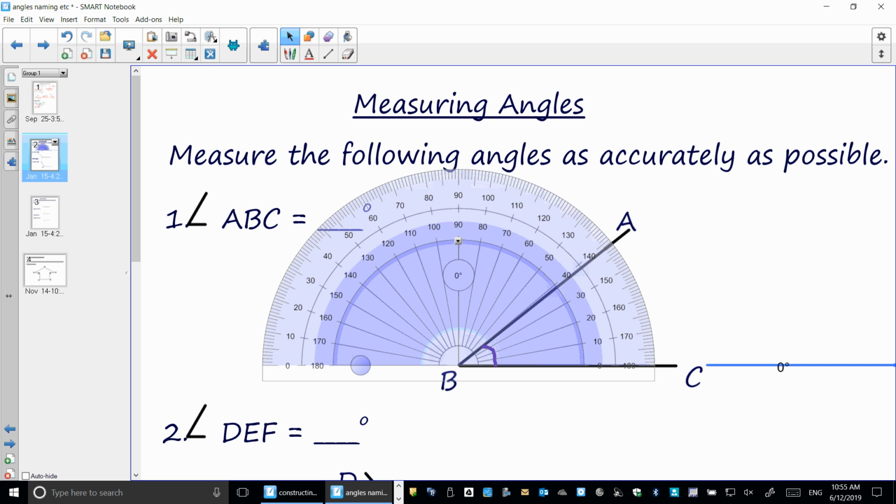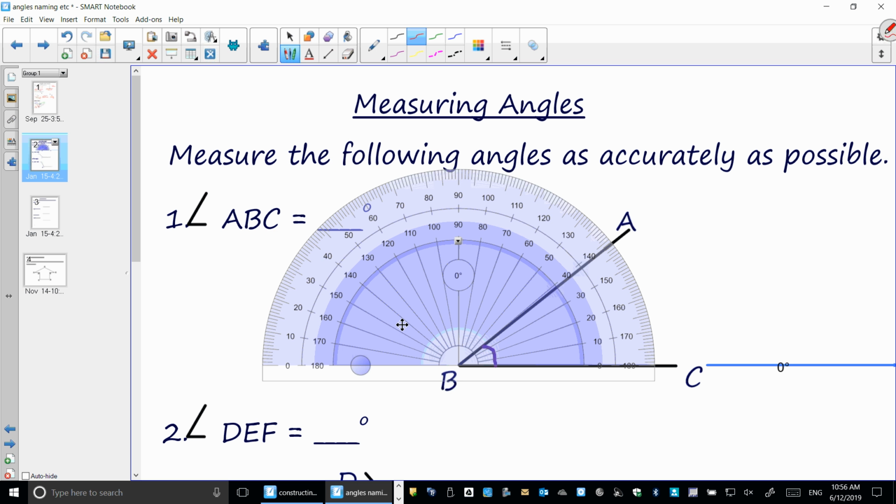Now, remember how I always say to you, I get frustrated and annoyed when you give me a daft answer. It's not when you give me a wrong answer, it's when you give me a daft one. Now, we just talked about these kinds of angles. Firstly, it's an acute angle, yes? So it has to be less than 90. So looking at my scale, mine is,